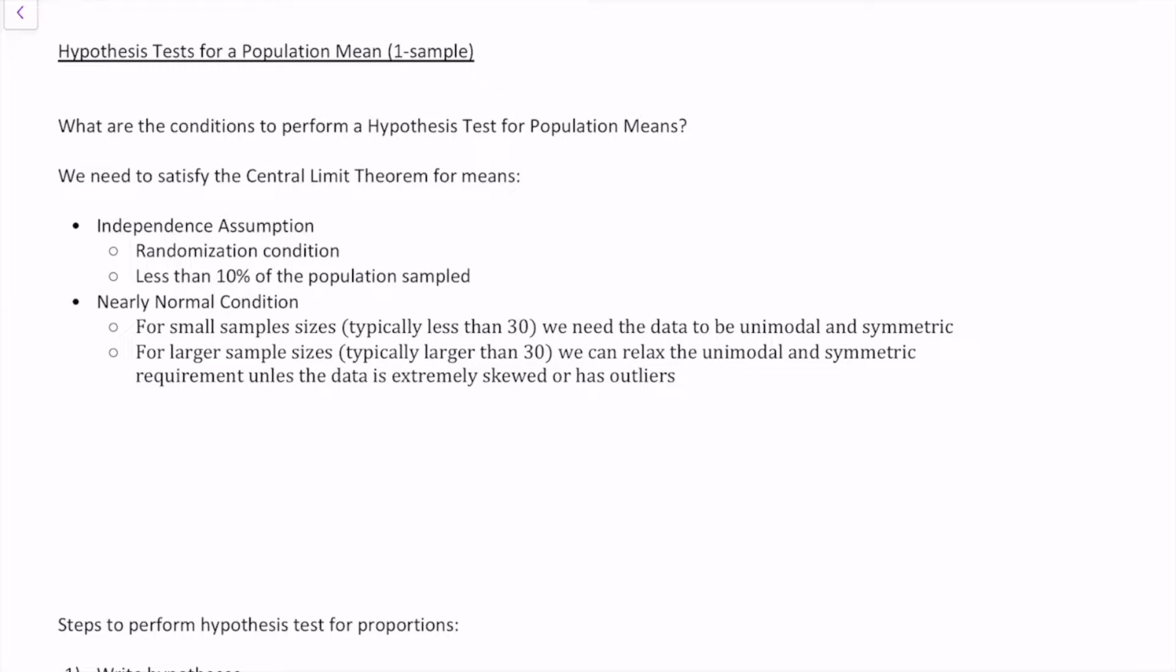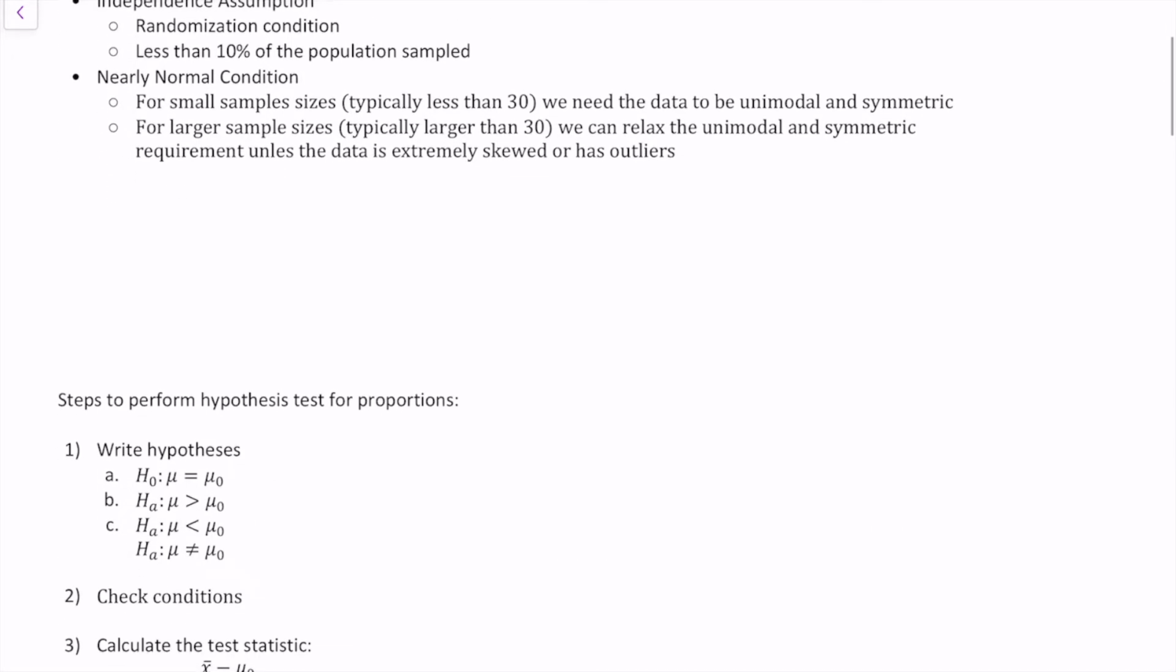unless the data is really skewed or there's a bunch of outliers. But generally what happens is that we have what's called sampling variability every time we take a sample. So basically we're saying if we take a large enough sample size, we're going to mitigate or remove some of that sampling variability. All right, so once we have checked the conditions, how do we actually perform the hypothesis